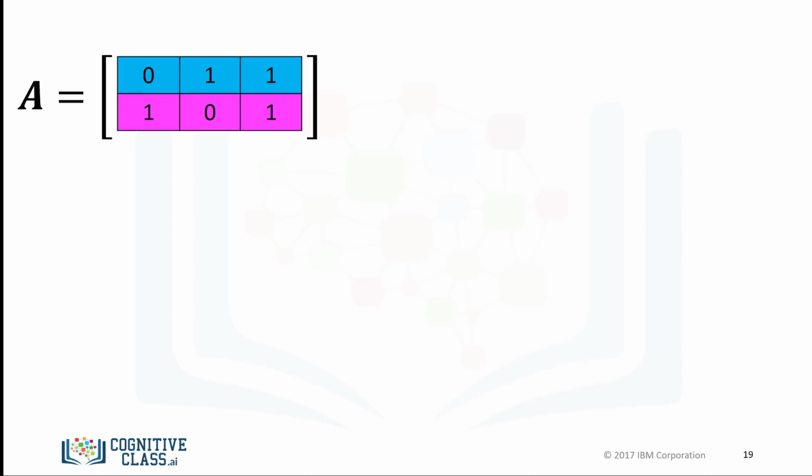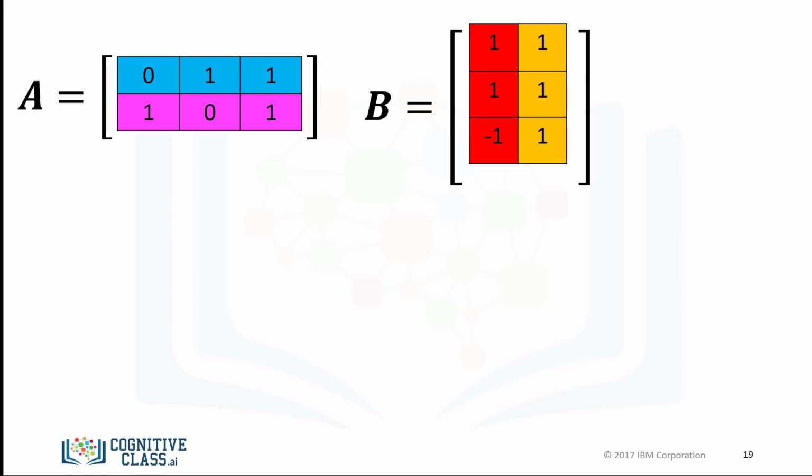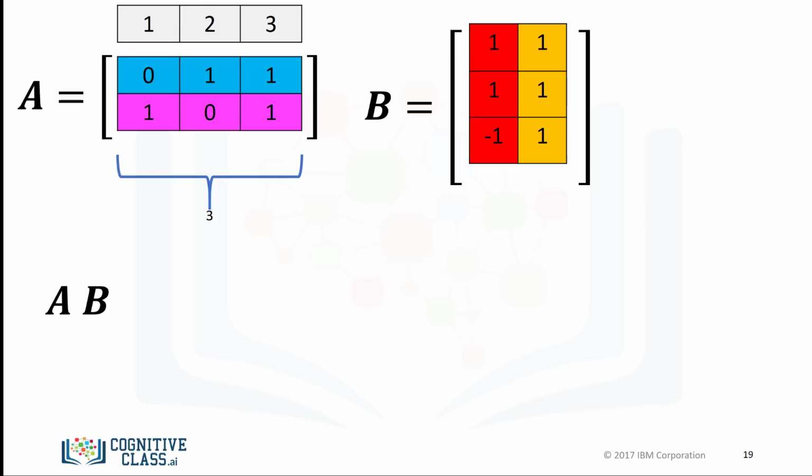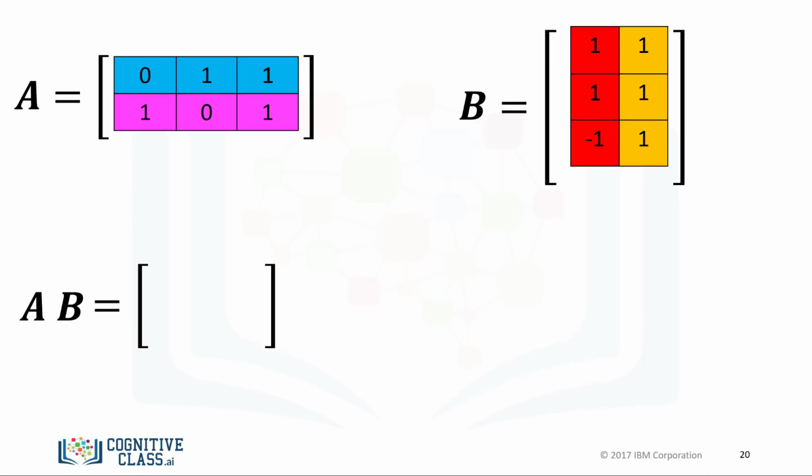We can also perform matrix multiplication with NumPy arrays. Matrix multiplication is a little more complex, but let's provide a basic overview. Consider the matrix A, where each row is a different color. Also, consider the matrix B, where each column is a different color. In linear algebra, before we multiply matrix A by matrix B, we must make sure that the number of columns in matrix A, in this case 3, is equal to the number of rows in matrix B, in this case 3. For matrix multiplication, to obtain the ith row and jth column of the new matrix, we take the dot product of the ith row of A with the jth column of B.